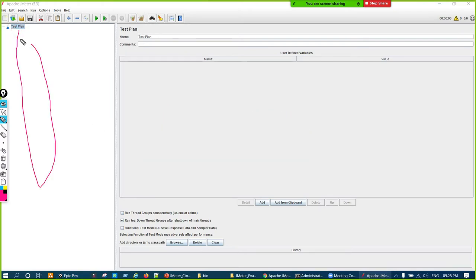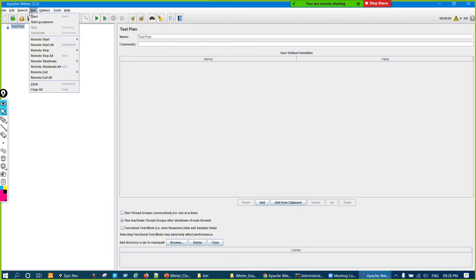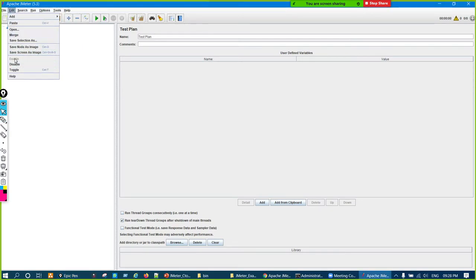Some elements will be coming soon when we start using it. So then some element you want to disable or you want to enable, right? So that is what this is used for, toggling, disabling or enabling. And it is here in Edit, Enable and Disable is there, right? Enable, Disable, and Toggle. So same thing.